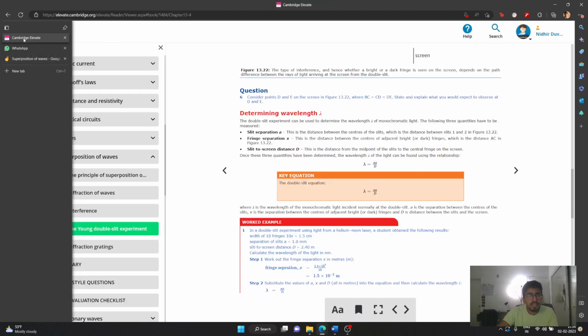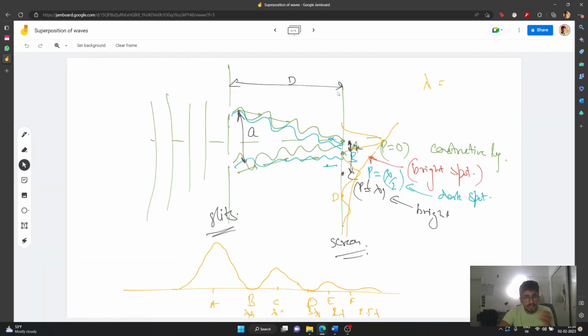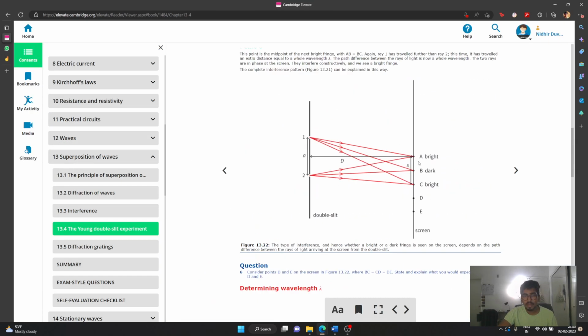Right, so let's check whether it's A to B or A to C. X, they say that distance of adjacent bright fringes, right? So A to C, right? So x times a by D. This is the formula that he found, that the wavelength of the light can be calculated using this. So if you measure the distance between two bright fringes here, and if you know this D distance and if you know this slit distance, then you can find the wavelength